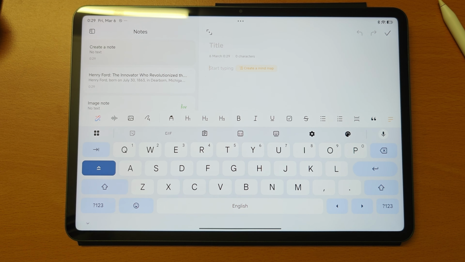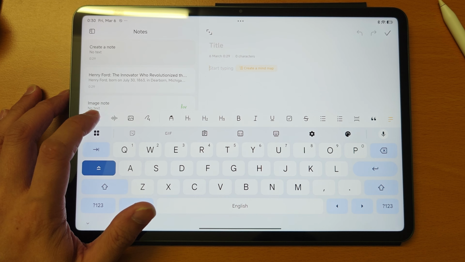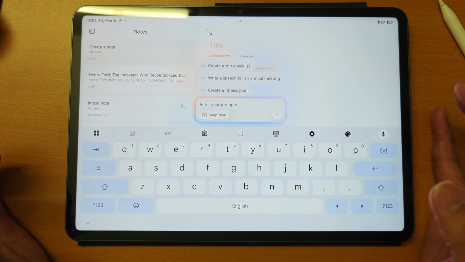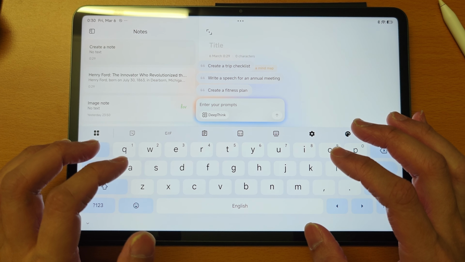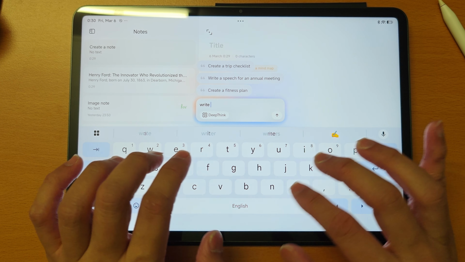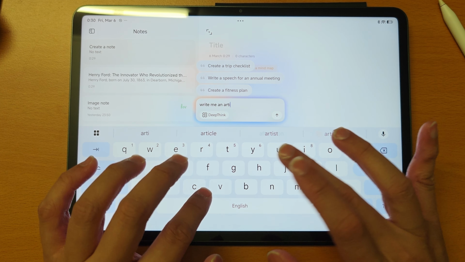Welcome back. So one of the commenters actually asked me how is the AI tools on the Notes app. So I'm going to briefly show you what you can do using the AI tool on the Notes app. So if we click on the AI tool, then we can write an article, or we should say we can generate an article. Write me an article